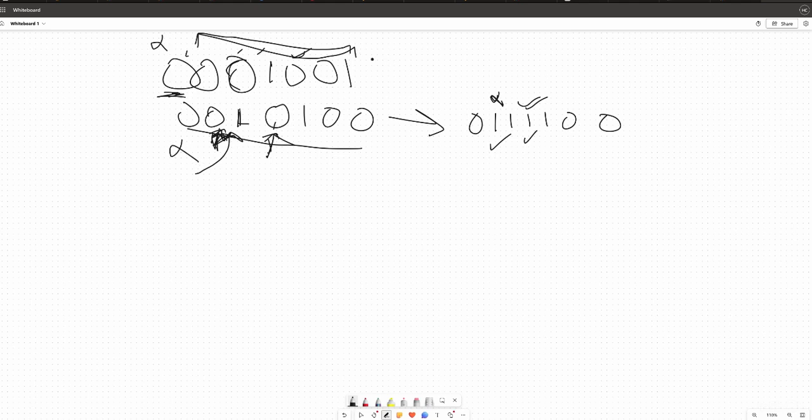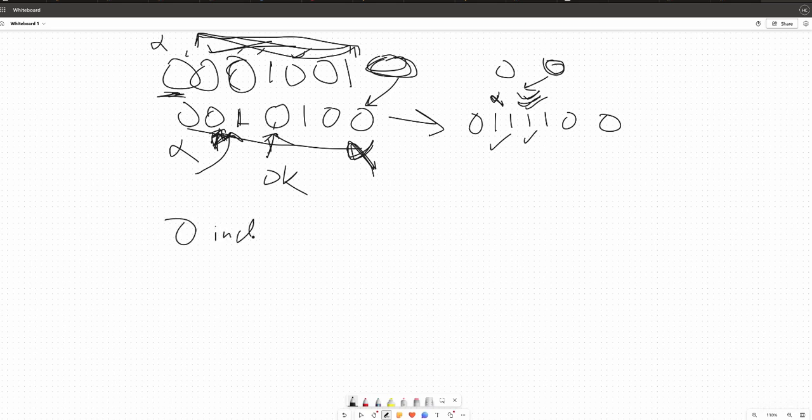And similarly for the end segment, like the starting segment, if a 0 is borrowed from here and a 1 is made here, then we have to exclude this one. And all the other zeros are inside the segment. So if there was any conversion from 0 to 1 inside this segment, then it's okay. Then we do not need to change this. Like this will be included because these two zeros were also included in the segment. So the edge case here was that if a 0 is included from outside the segment,